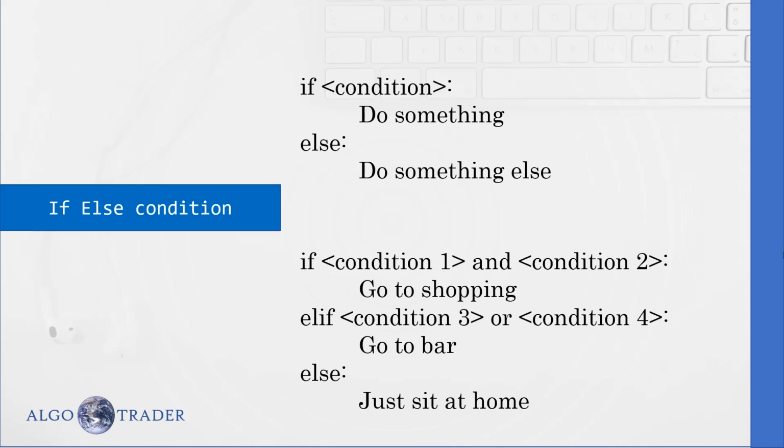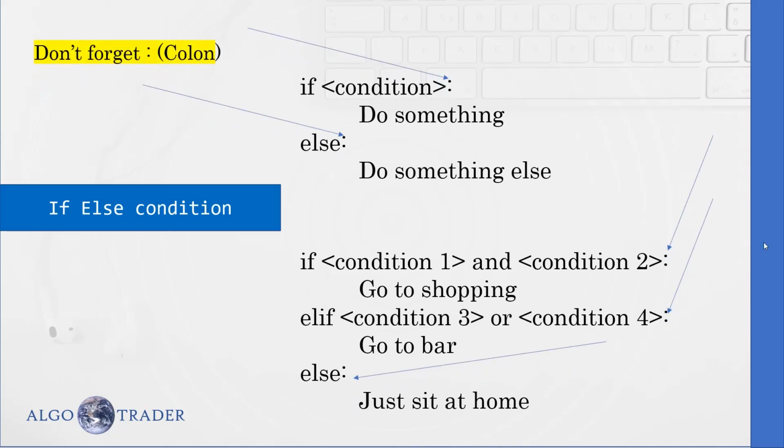Okay. Here if you observe the and or inside if condition 1 and condition 2, I told you in the previous slides, logical operators. So this and or are called logical operators. We'll see how to write them in the code. And most importantly, please note the colon at the end of the if condition or else. Don't forget to write the colon at the end. That is the syntax of the programming language we are learning.